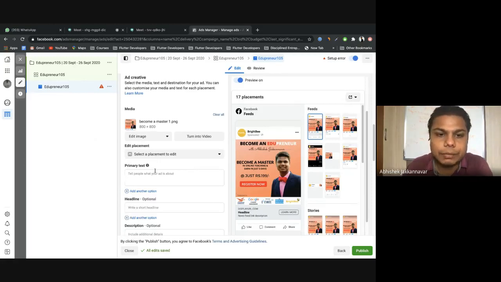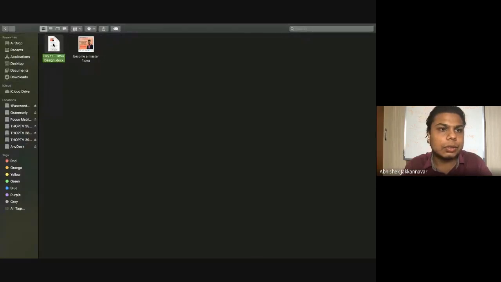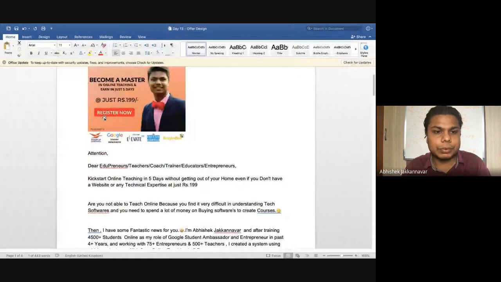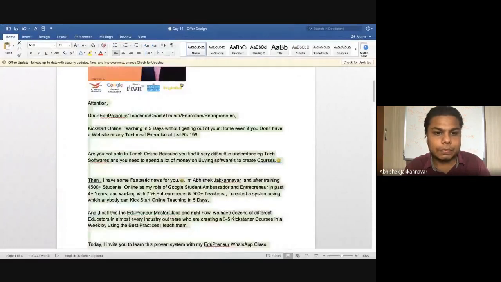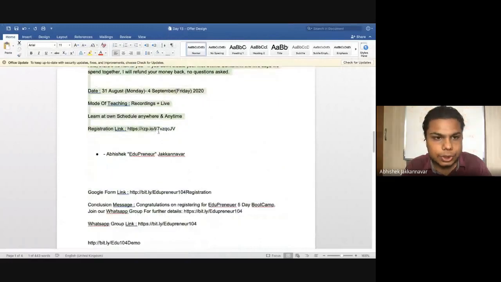Next, we have to put some primary text. What is the primary text? Primary text is nothing but your content. Now how do we put that? Just go to your folder, open your offer stuff, and I'm going to copy every single thing from top to bottom, from the registration link to the last link.